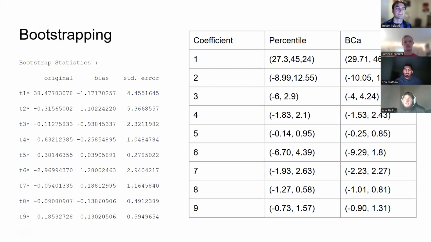After bootstrapping, we begin to see that our test is not going to be significant, as the only confidence interval that does not include 0 is for our first coefficient, which is the intercept. So we can say that the intercept is the only thing that's significant, but that doesn't affect anything because the intercept is when sleep hours is 0, age is 0, and sleep quality is 0. And everything else includes 0 in the interval, so nothing is significant, even in the bootstrapping case.